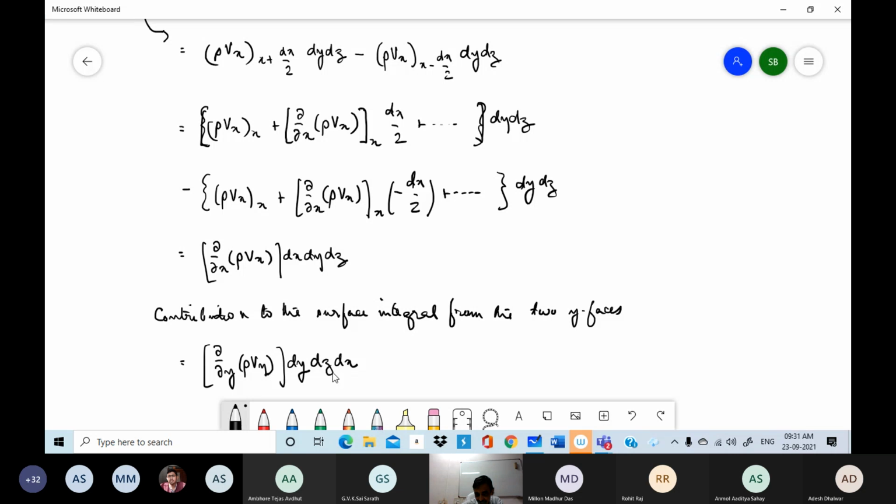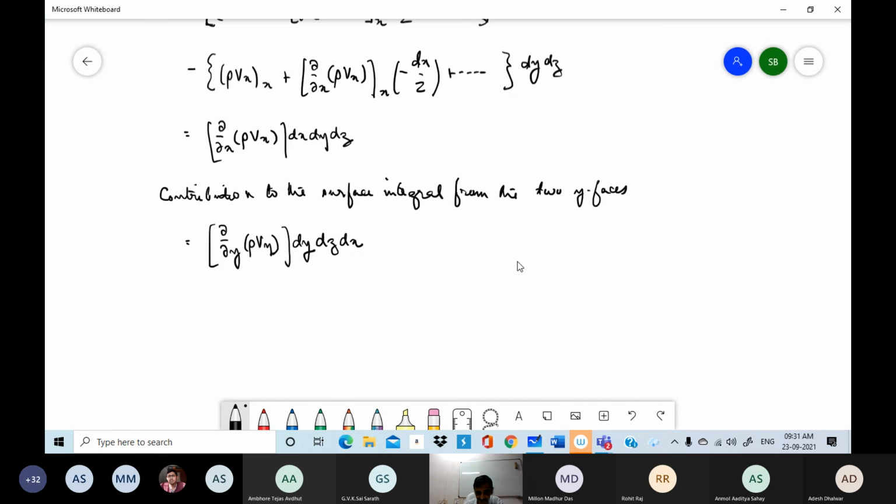So the order and the logic behind why each of these contributions come in may differ. So here the dy dz came from the area, this from the Taylor series. Here this came from the area, this came from the Taylor series. But ultimately, in both cases, we get dx dy dz. So similarly, from the z faces would be